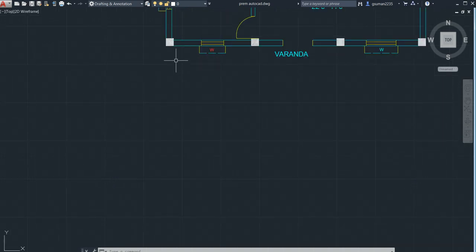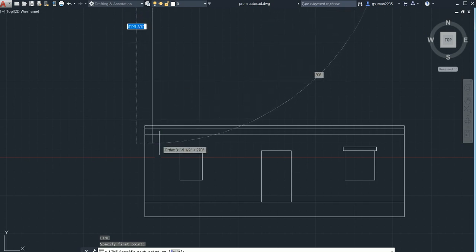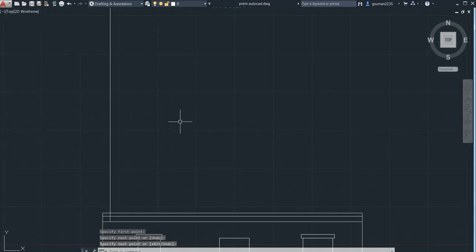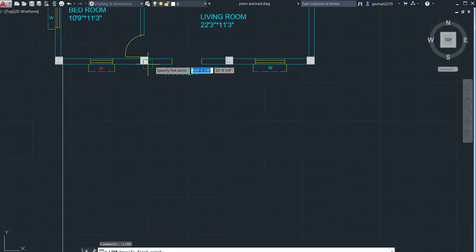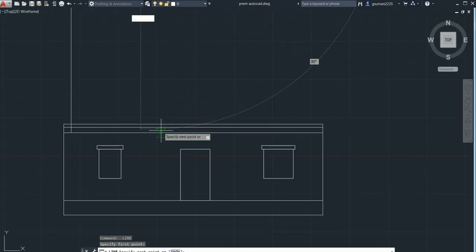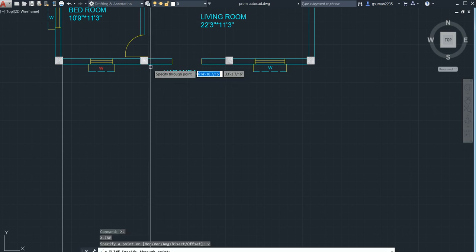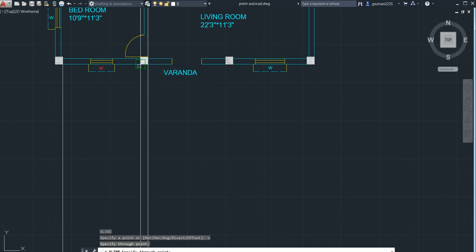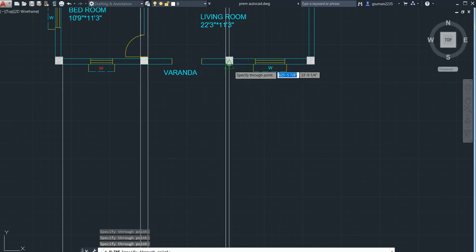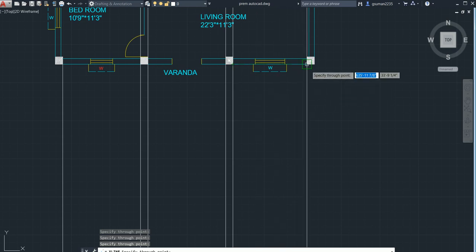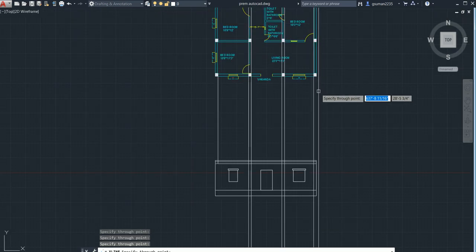So go for the L command. Once you press it, go here, up to here, up to the beam, skip it. Go for the same line command, enter, this here to here, control Z. Go for the extend command, V, enter. This, the beam will be over the column, so here it would be, skip it.